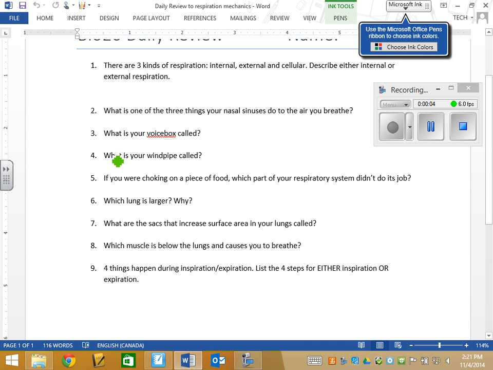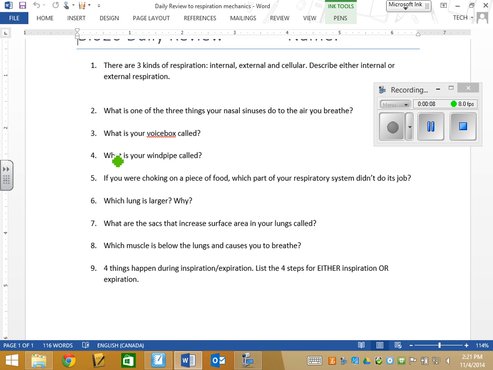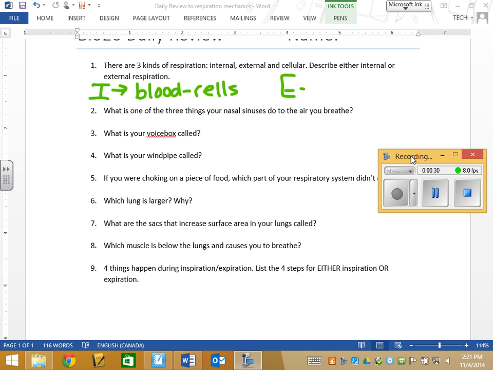So the first question asks you about either internal or external respiration. If you chose internal respiration, that's the exchange of oxygen and CO2, or just the exchange of gas between your blood and your cells. So internal respiration is the exchange between blood and cells. External respiration is the exchange of gas between